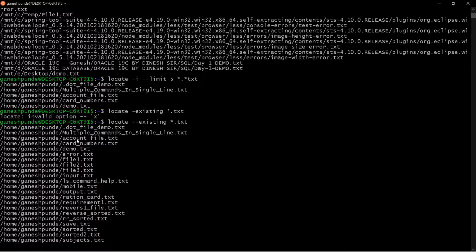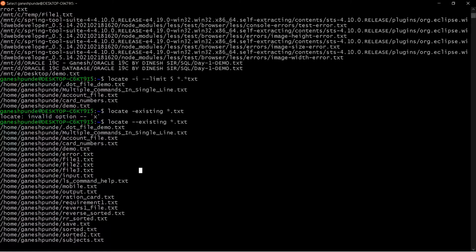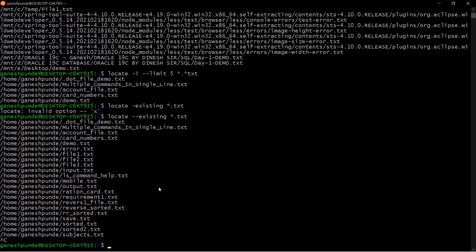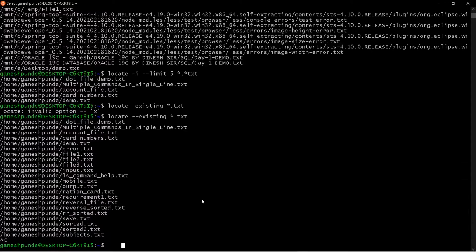So you can see it is showing all the existing files. So these are the existing files. Still it is searching, but in the interest of time, I'm just closing this process. Okay. So now you can see by using existing, it will show you the existing files in the database, right?